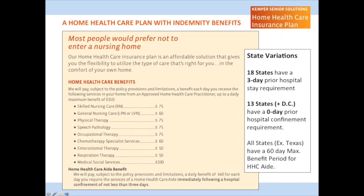So, in addition to the prescription drug benefit, this is a home health care plan with indemnity benefits. This screenshot that you're seeing is right out of the brochure. And indemnity benefits, especially for long-term care folks, are something that you longed for back in those days. This policy will reimburse an indemnity benefit, an amount of money, up to a daily benefit of $150 when the